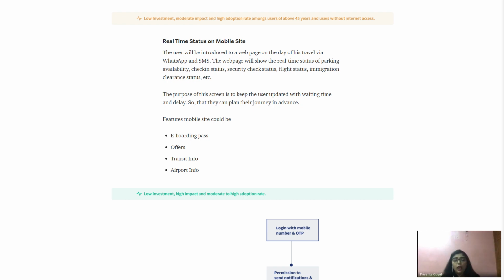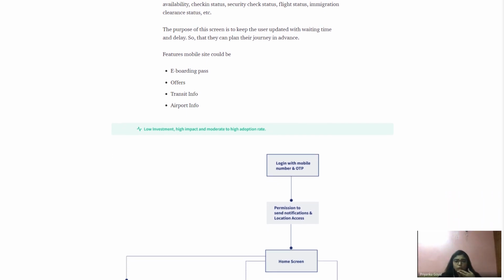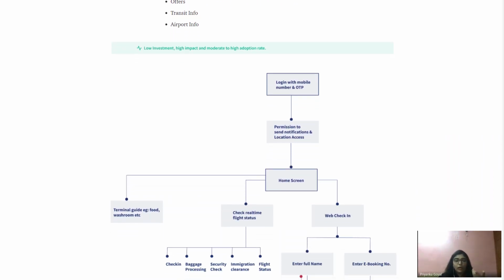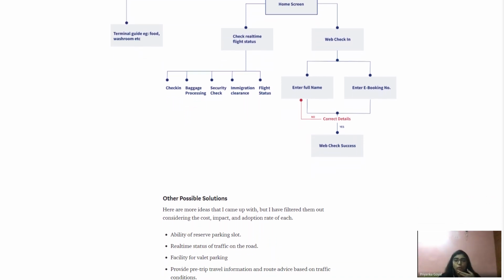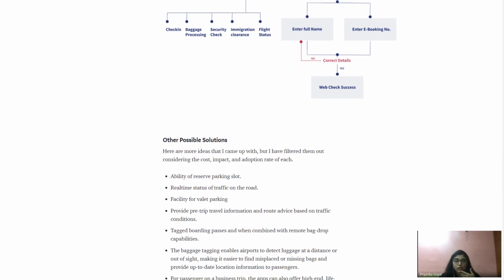So I think it's good to show what kind of platforms you can use, what are the pros and cons, and you can merge 2 or 3 platforms if you want to. If you want to merge WhatsApp with a mobile site, it's a good idea. Why not? So maybe you can give a small architecture below this. It's your wish, how much time you want to spend on your self-initiated project.